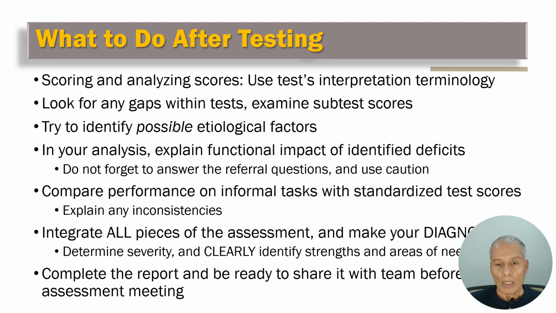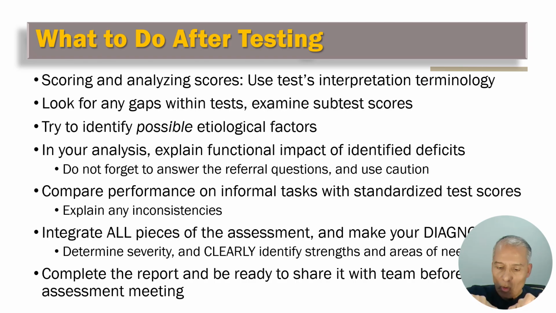How are the total scores consistent with the subtest scores? Remember that total scores, index scores, sometimes they call them, or total language scores, receptive, expressive, they don't guarantee that the person doesn't have gaps. So you need to look at individual subtest scores and connect them and see what score can help you understand